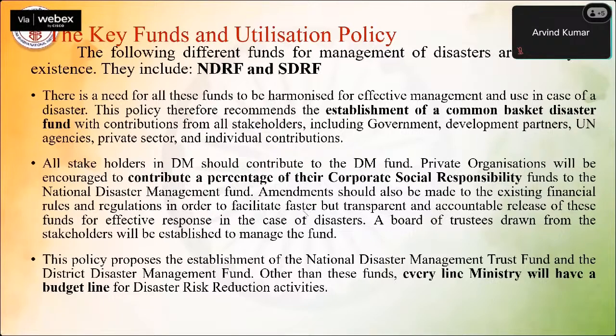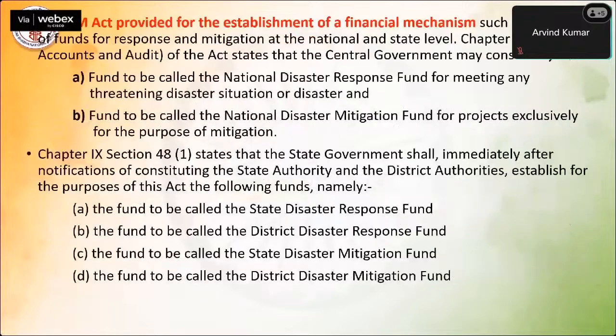Amendments should also be made. I mean, this is just a suggestion part. We leave it there. A board of the policy proposes the establishment of the National Disaster Management Trust Fund. Every line ministry should normally have a budget line and their method of arranging, their method of utilization. The DM Act provided for the establishment of